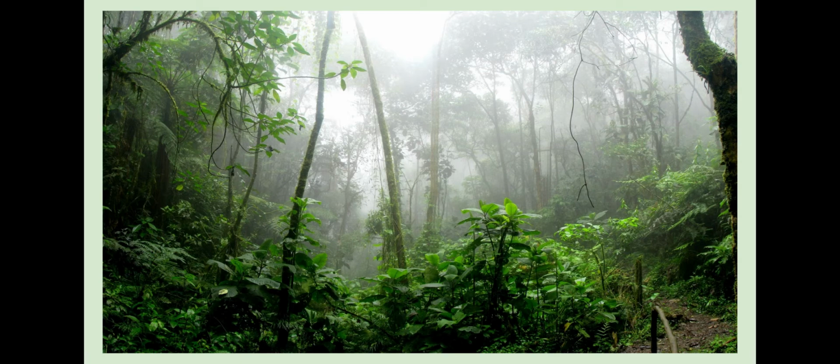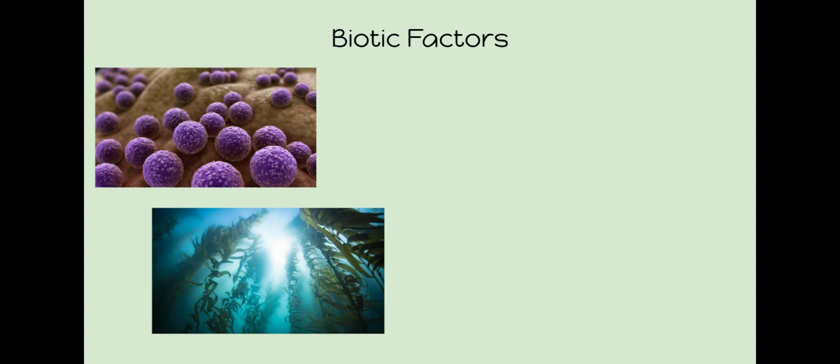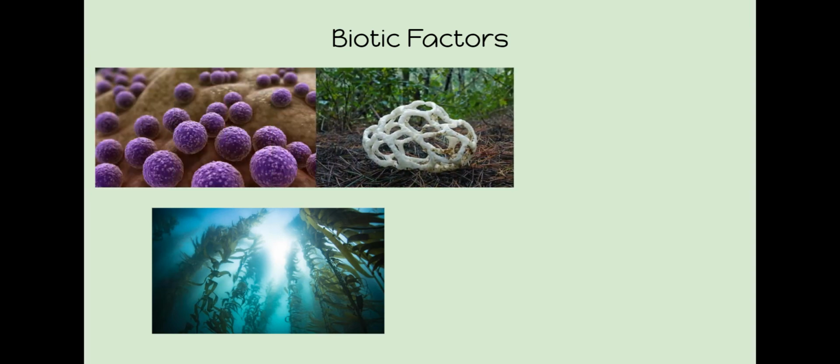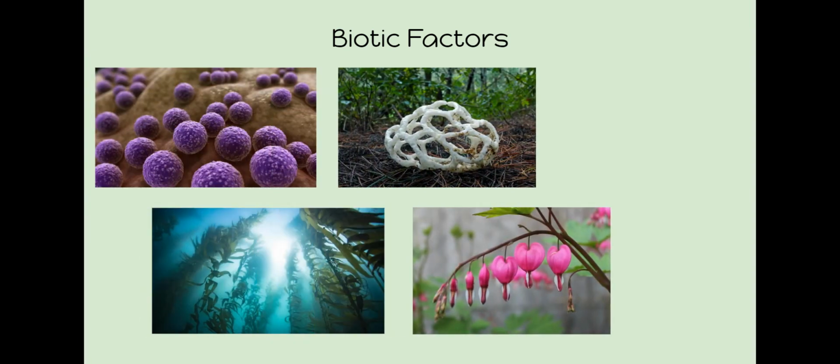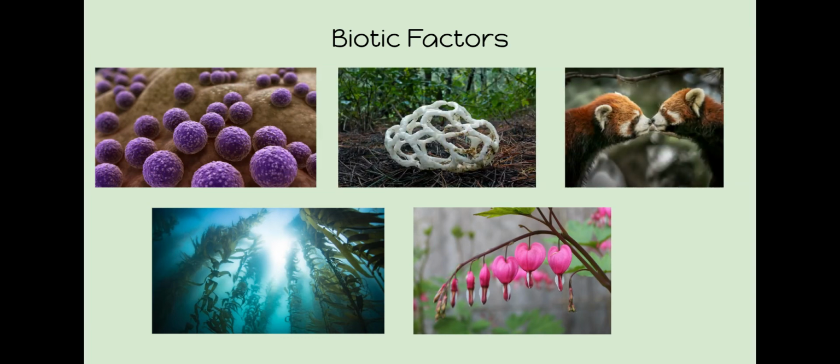that are working together. So, as far as biotic factors, that could be things like bacteria and algae, fungi and plants and animals. Any of those things would fall into the biotic factors for an ecosystem. And we're going to talk more about their jobs and functions in later videos. Today, we're going to focus more on the abiotic factors and what they do for the living things inside an